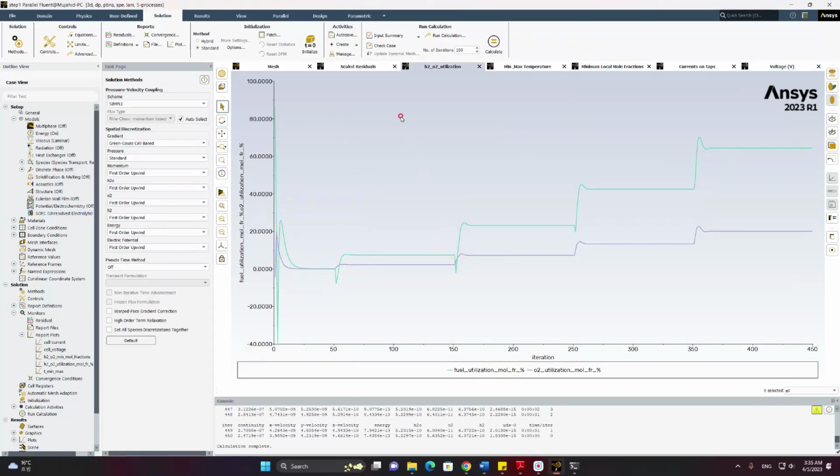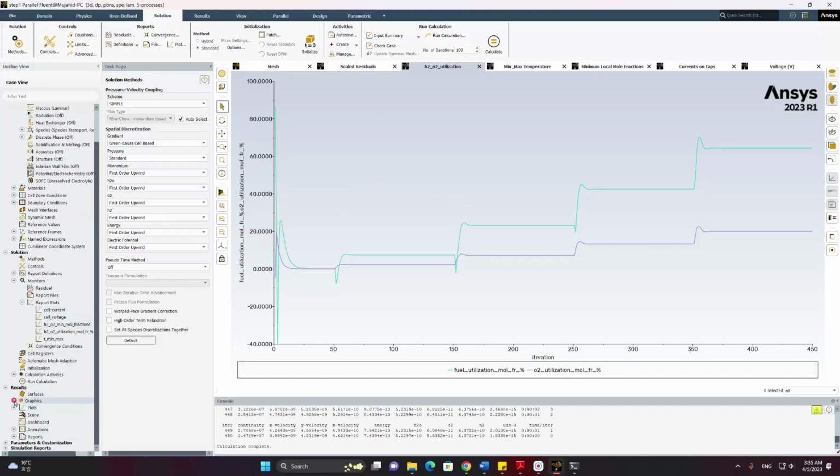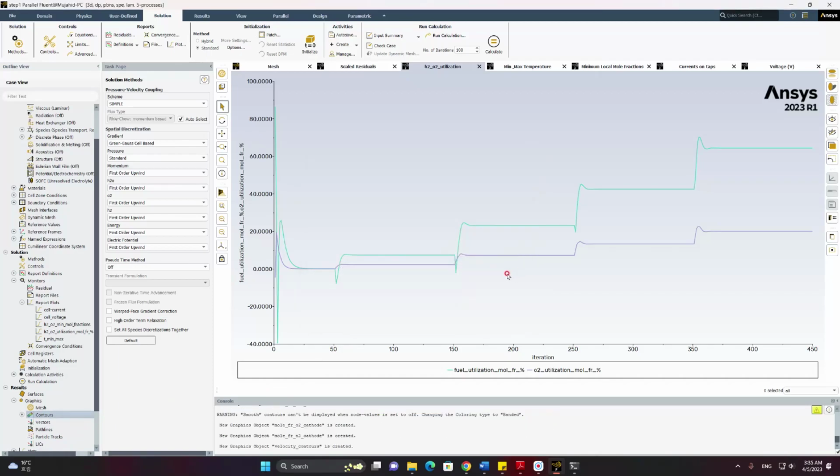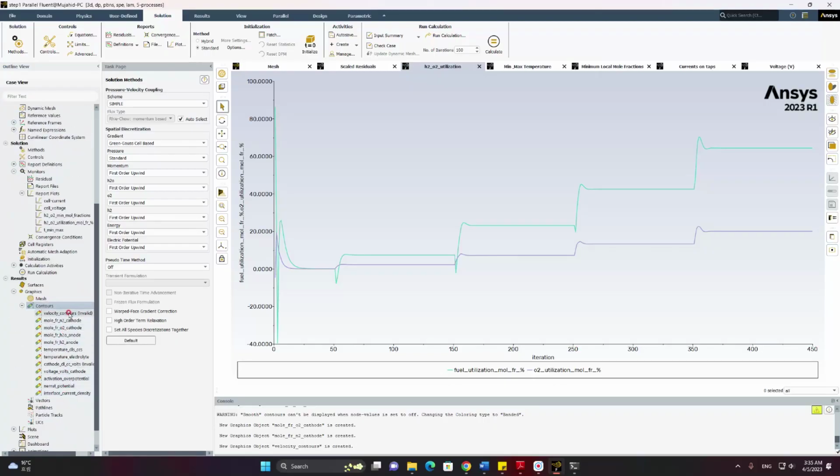Okay, we have finished the calculation till 0.7 volt, but at this point we would like to see the graphical plots. Because 0.7 volt is the generally operating voltage for many SOFC systems, we would like to see the graphical solutions or the contour plots at this instant. So if we go and import from file, we can import the contours,